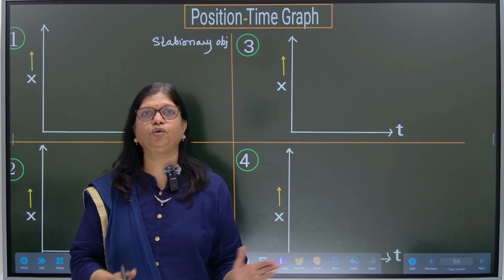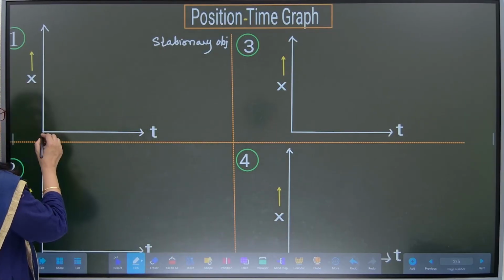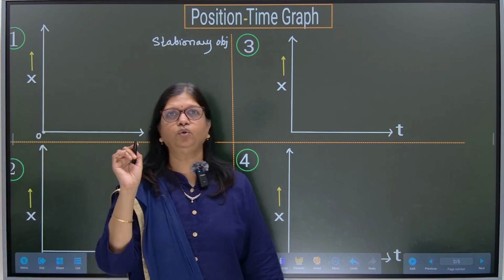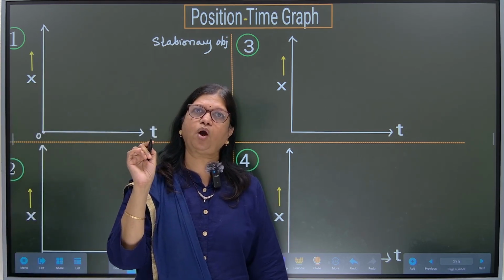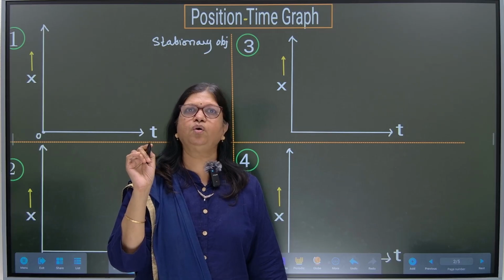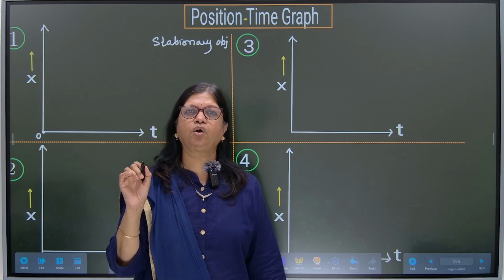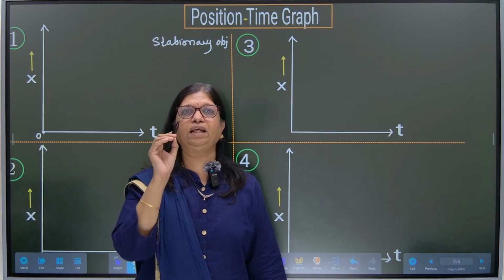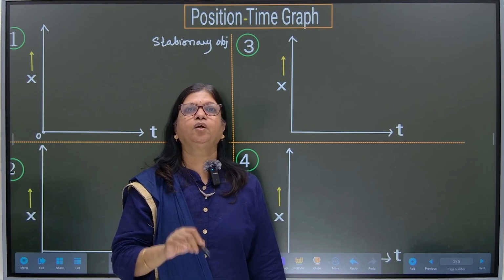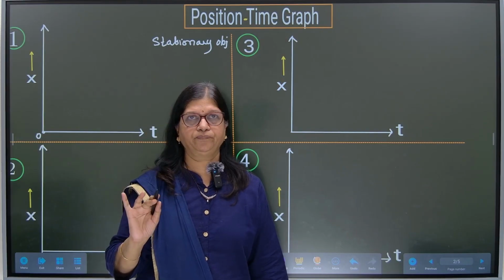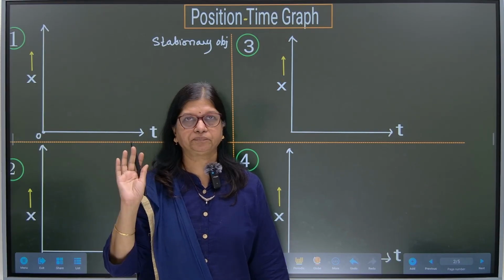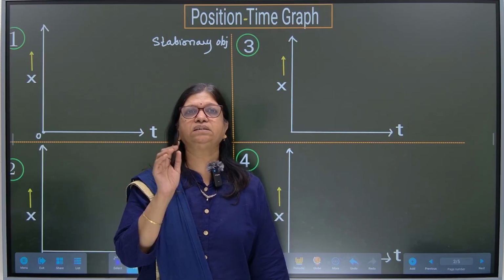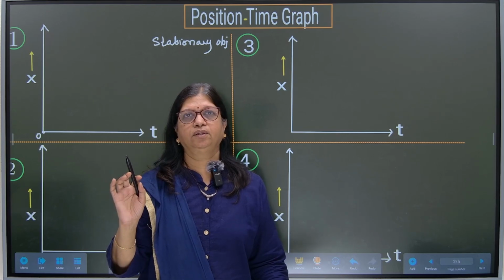How do I represent it on a graph? For a particular time t is equal to 0. Now, let me again tell you, do we have a time t is equal to 0 on the clock? No, never. But what do we consider as t is equal to 0? It is considered as the time when we actually start the clock to observe the position of the body. So in physics, time t is equal to 0 is considered as the starting of the watch to note down the time.